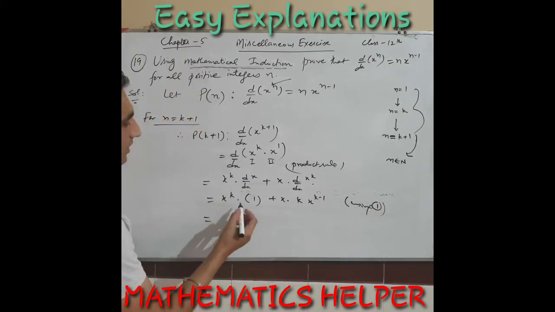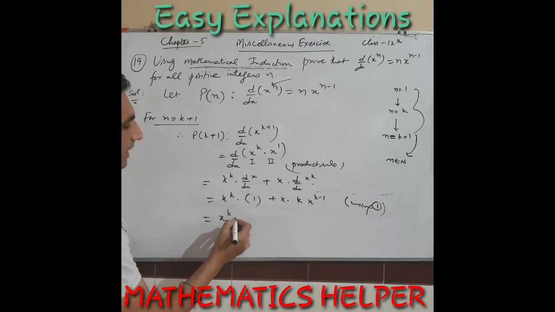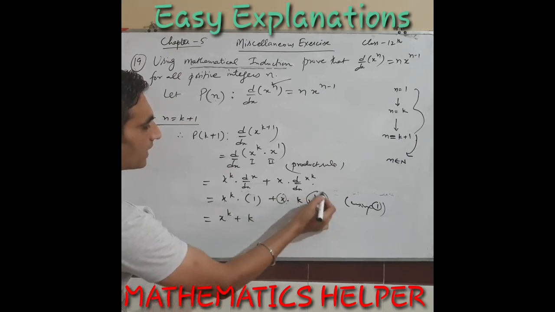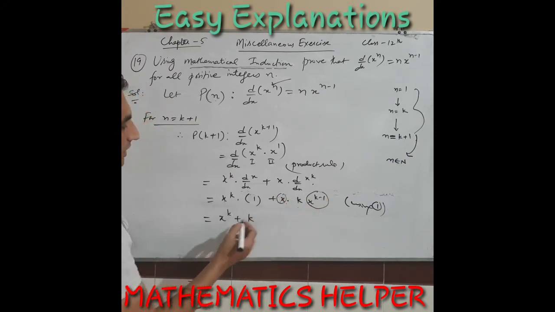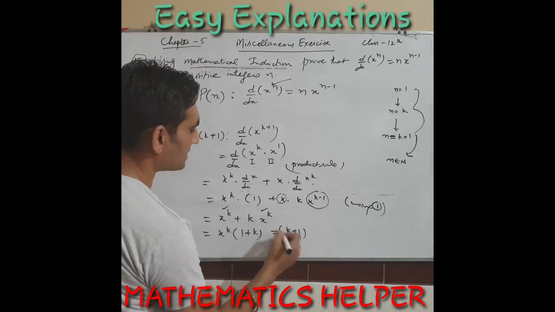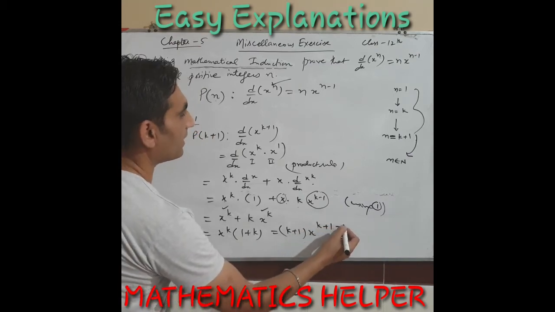Now see, you have x raised to power k, then x raised to power k minus 1. So we have all these, I am writing again. So here you have k x raised to power k minus 1 and x raised to power 1. It will be x raised to power k only. And from these two you have x raised to power k common. Inside you have 1 plus k. Which can be written as, see, we can mark it as k plus 1 in the starting. X raised to power k can be written as add 1 and subtract 1 from here.